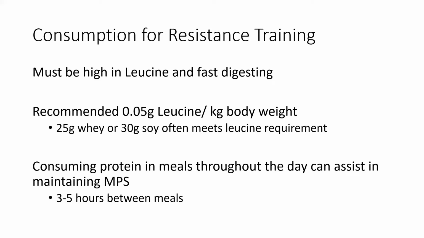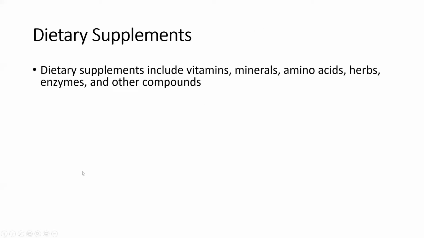And as well, you need to be consuming protein throughout your day so that you can continue that muscle protein synthesis. As long as we get 2.2 grams per kilogram or 1 gram per pound of body weight of protein per day, you're going to be okay. It's best to space that out 3 to 5 hours between meals so that you can consume enough in each meal and you're not eating all day. But if you try to do this in 1 or 2 meals, it's going to be extremely difficult and you're likely not going to get enough protein. That comes on the practical side of food consumption.